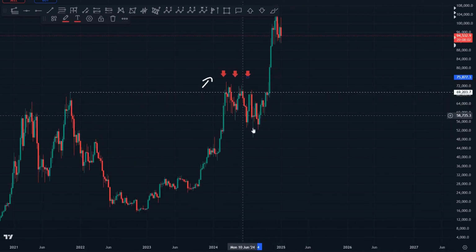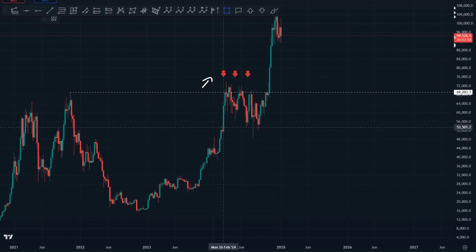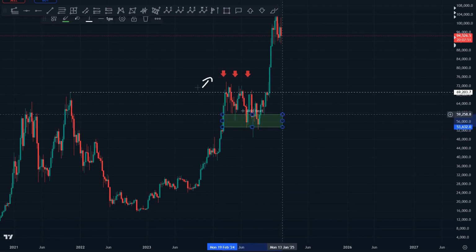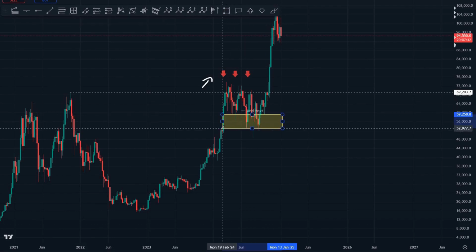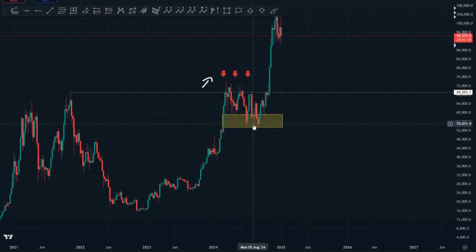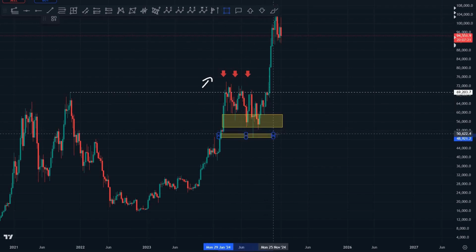So what happened here? You could see price crippled down, slowly and slowly going down. We had been waiting in the group for those lows. We'd been waiting. That's another concept called a fair value gap. That's for another video. But you could see it in the open chat group, back in March. In May 2024, I called this area, because like I said, I like to talk in areas of support, not just levels. And I was calling for Bitcoin to reach below, because you have a little fair value gap here as well, below